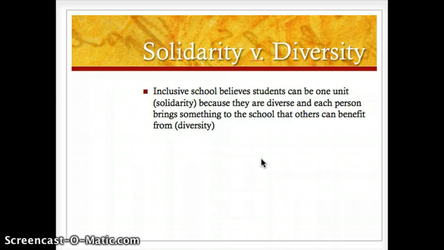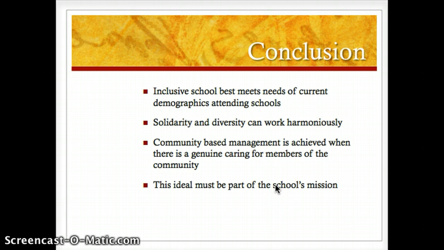Because each student is recognized for their unique individual talents, it is then transformed into how their talents can meet the needs of others. And in doing so, diversity is authentically accepted because it becomes a necessity and part of the community. So in conclusion, the authors present that this kind of school meets